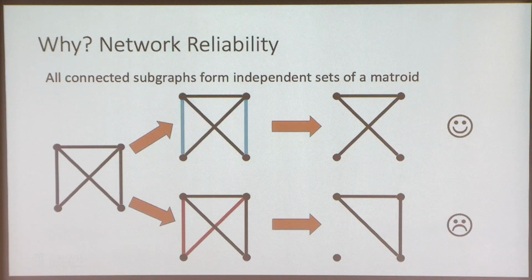Another example is from, say, network reliability. Here, the setting is that you have some communication network, represented as a graph. The links, the edges, correspond to links between, say, servers in your network. And each link fails independently with some probability p. What you want to do is estimate the probability that your graph becomes disconnected. And it turns out that to estimate this probability, you can do this exactly by counting the bases of